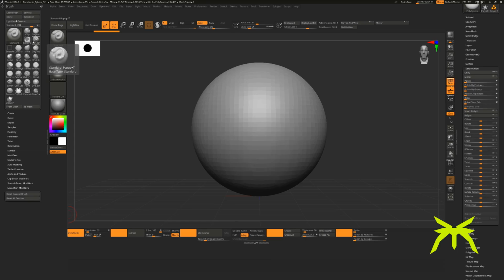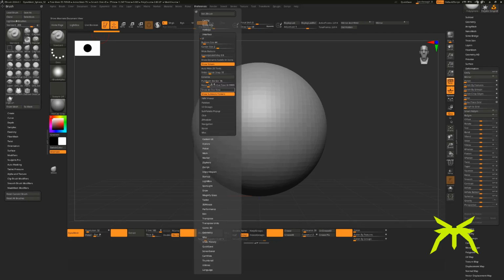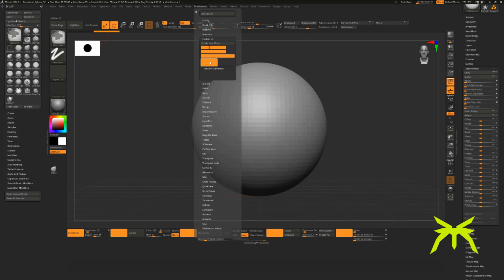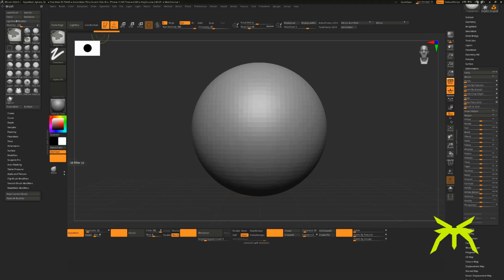So same deal. Got the brushes. Control Alt, and we're just going to take the brushes that we use a lot. Obviously, Move is one of the top ones. Let's put another spacer there just to make it neat. Again, you don't have to use these. It's just I find them useful. So Move,